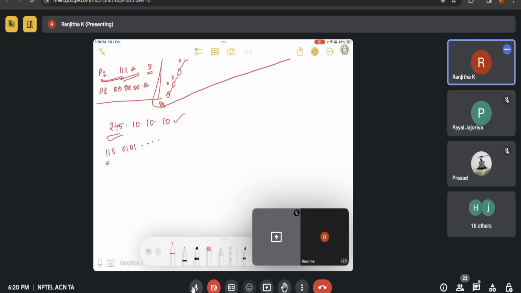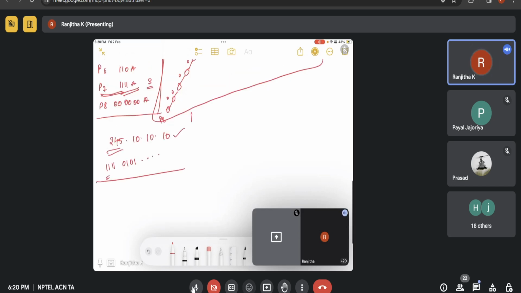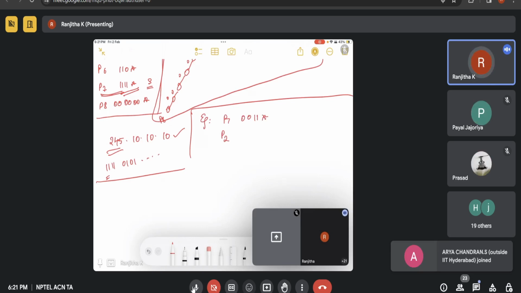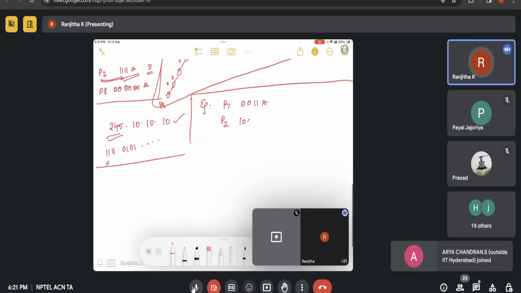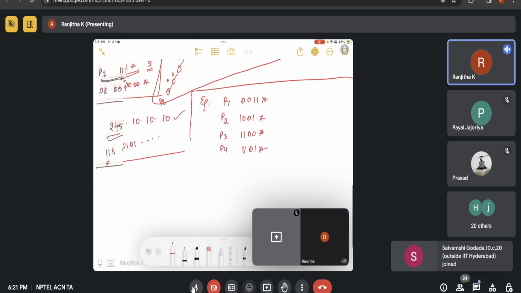Okay, another example. P1 is 0011 star. P2 is 1001 star. If my voice is going low, let me know, okay? P3 1100 and P4 1101. So